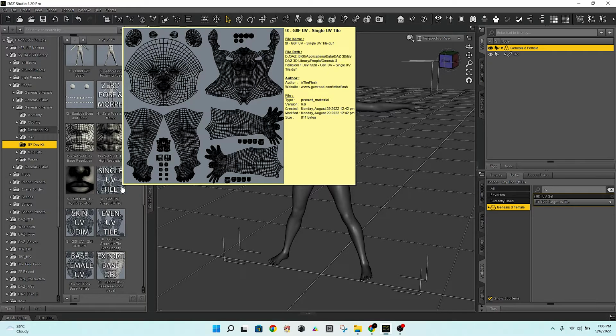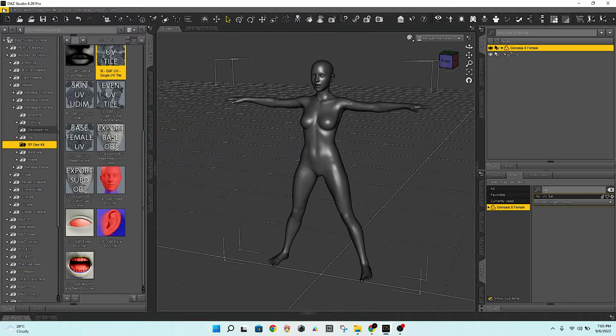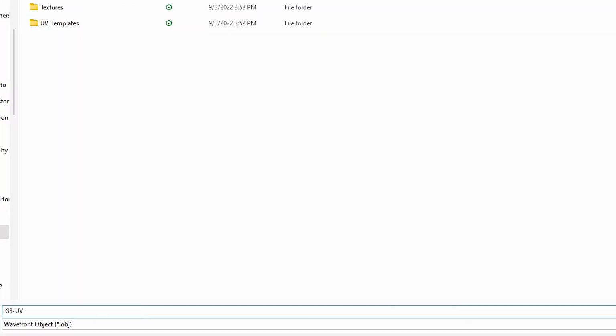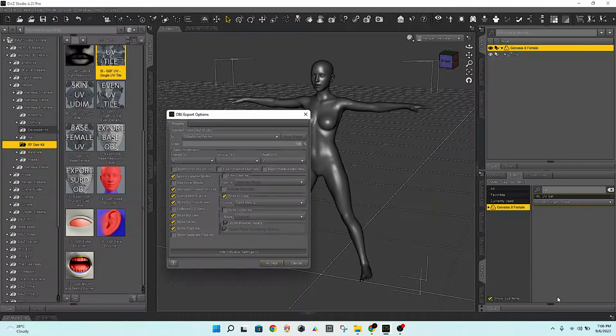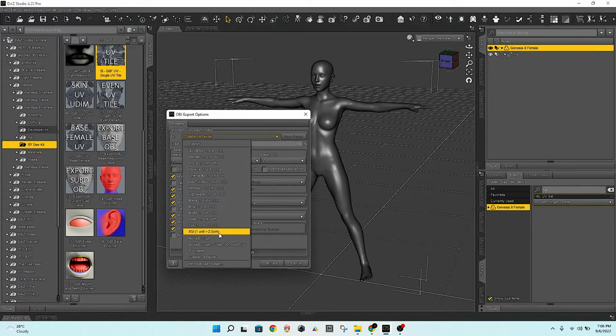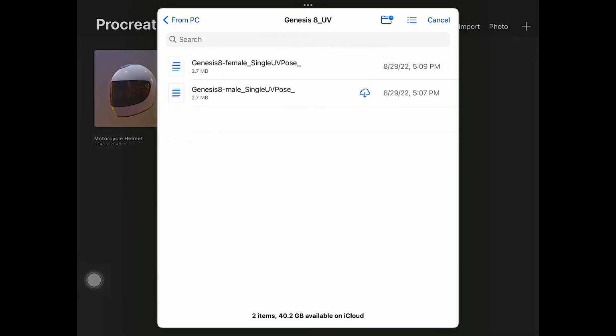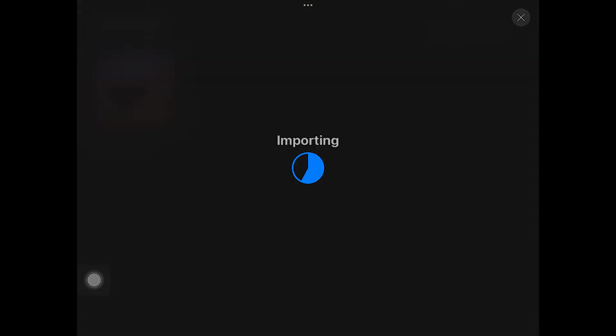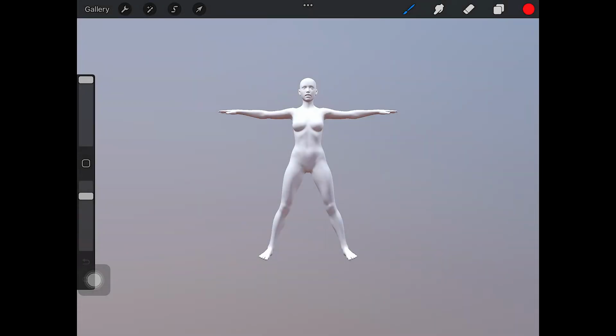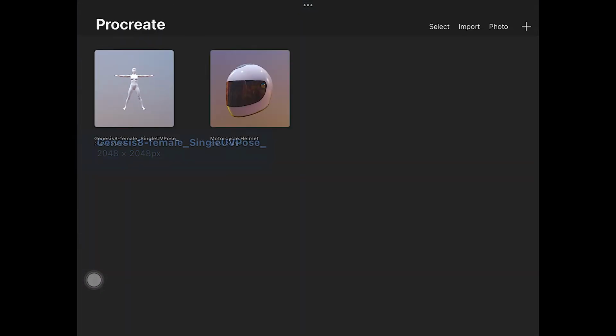With the original UV, Procreate collapses UDIM tiles one on top of the other, making your project unusable. With this setting, I will export my model as OBJ directly to my iCloud. Import the OBJ from the cloud that you just exported into the Procreate app. The project resolution will change to 2048, and if you don't have an iPad Pro like me, you won't be